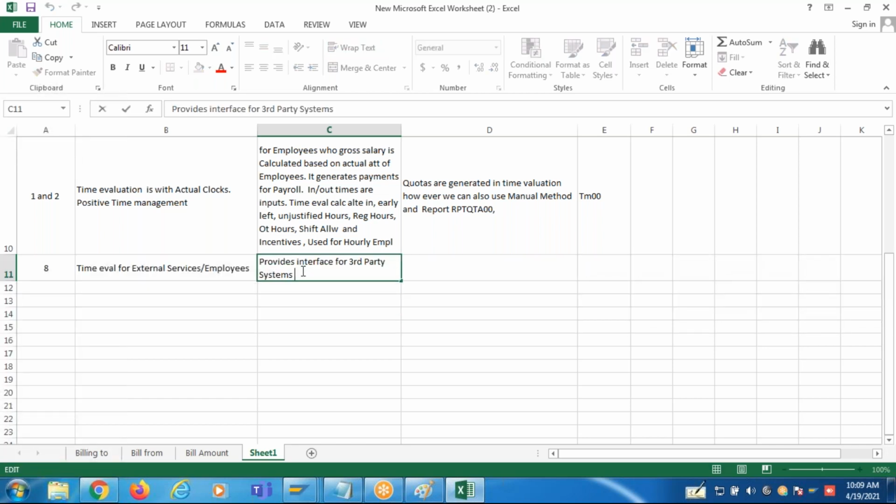So it uses only attendances, offsite input, and it uses only 2002 for recording attendances. So time evaluation creates an interface for external services.